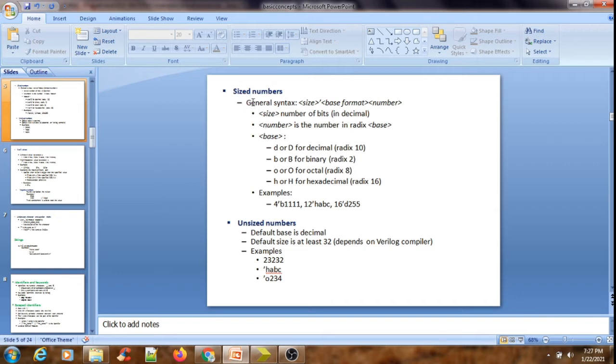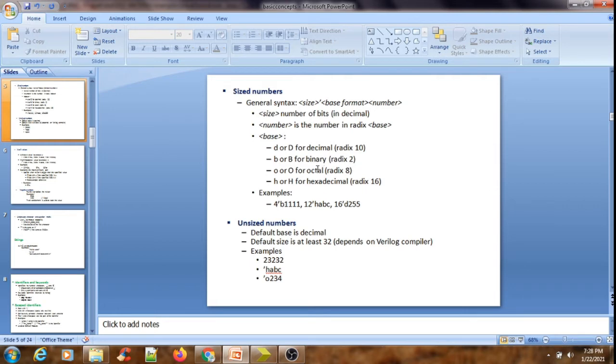So what is sized? In the sized number representation, we have the syntax size, tick, base format, and number. The size should be a decimal number, and it specifies how many bits are there in our number.